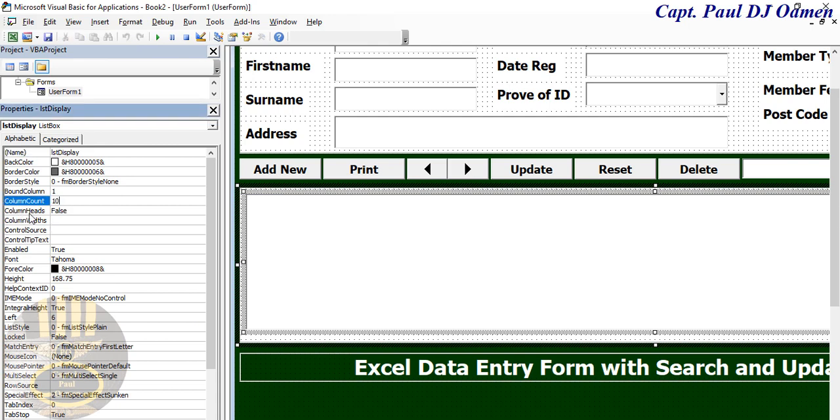Allow heading, column header, instead of false, I'm going to make that true there. Now you can see my heading is showing. Now the next thing, where we have column width, I'm going to enter in there 90